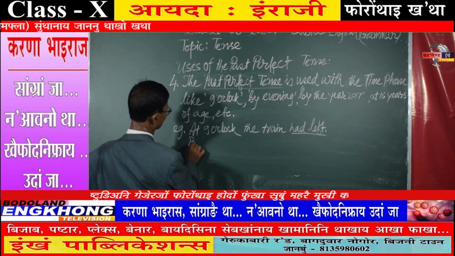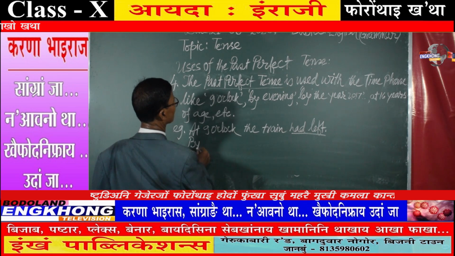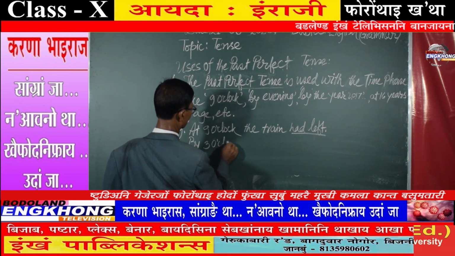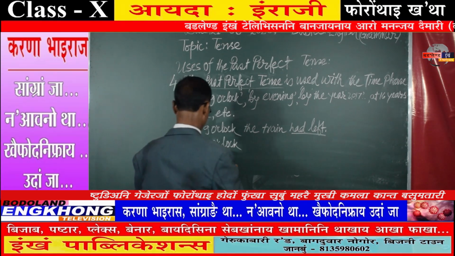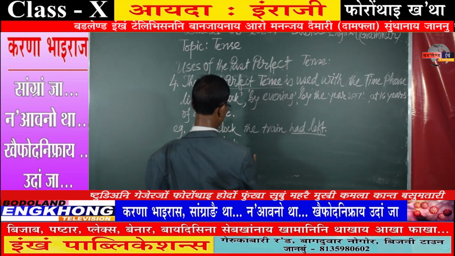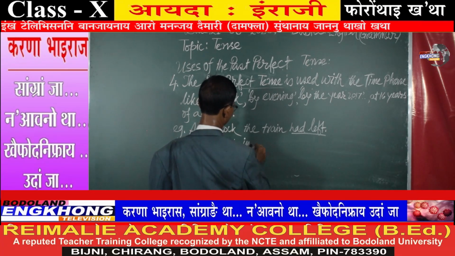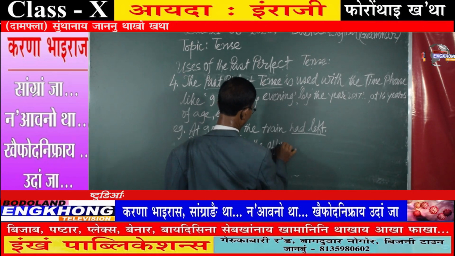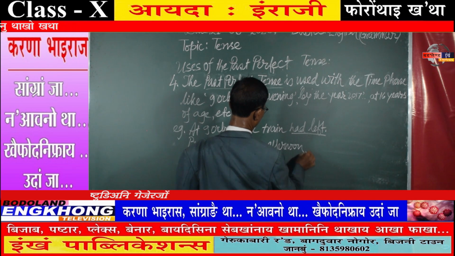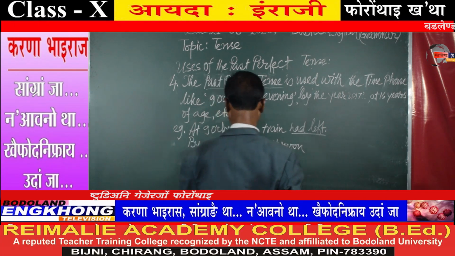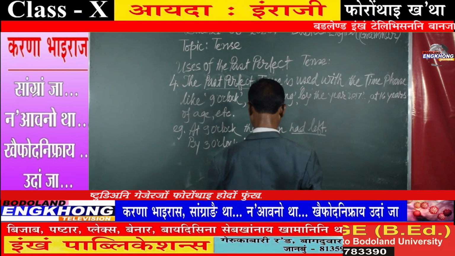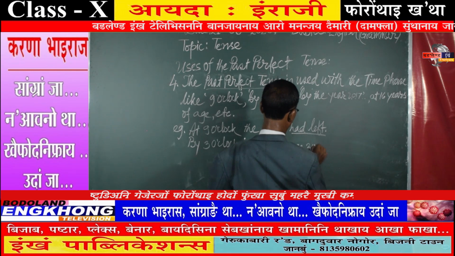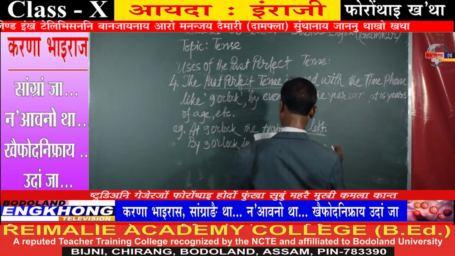Second example: by 3 o'clock in the afternoon, 3,000 voters